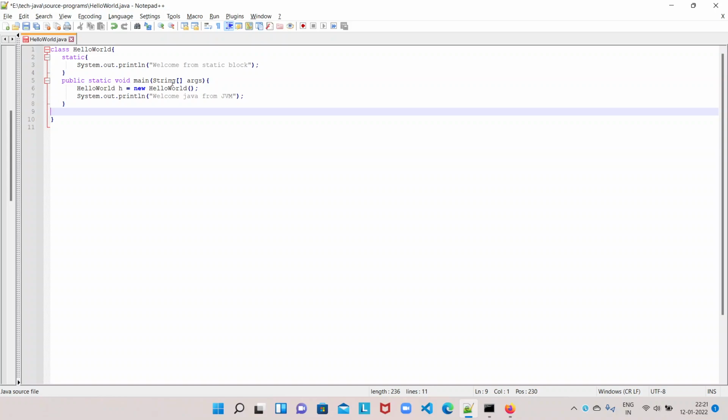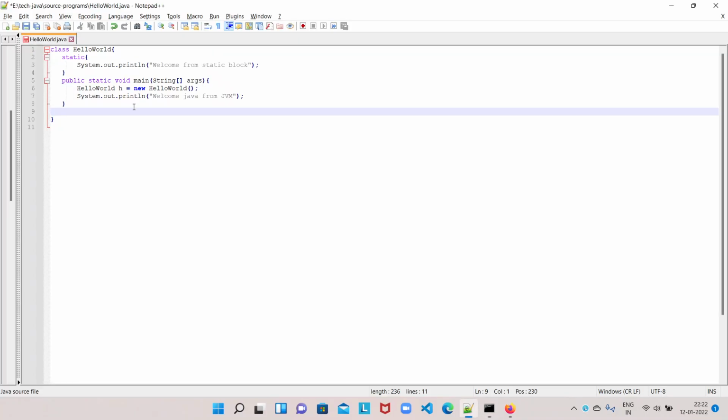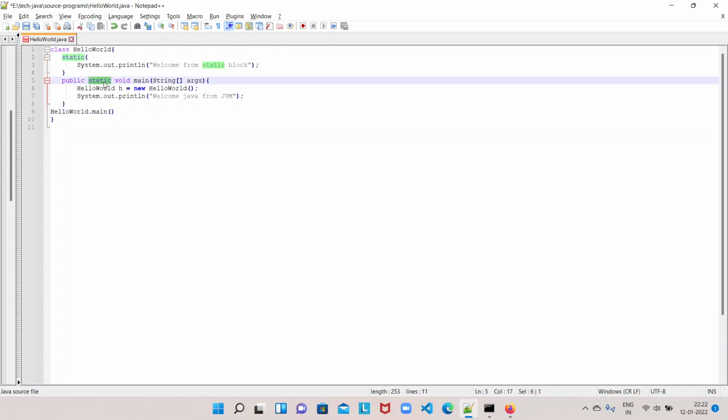Once it finds exactly the same main method with the same signature, it calls the main method with the class name, like hello world dot main. So as JVM is calling our main method with the class name without creating an instance, that is why we have to write a static keyword for our main method. So that is the significance of the main method.